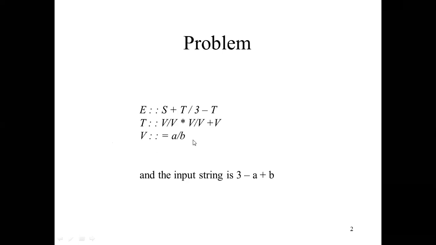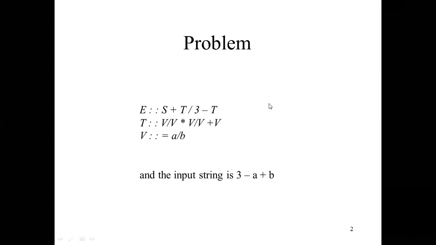If we fix this grammar, then we may get a false tree, maybe possible, because this is not the fixed grammar. So we are just going to check whether it is unambiguous or ambiguous. For checking this, again we are going to draw the syntax tree even for this grammar. Just see here, E, we have two options, S plus T and 3 minus T. So then how will we proceed, how will we draw the syntax tree for this grammar? Don't concentrate on this given input string, just see this only.